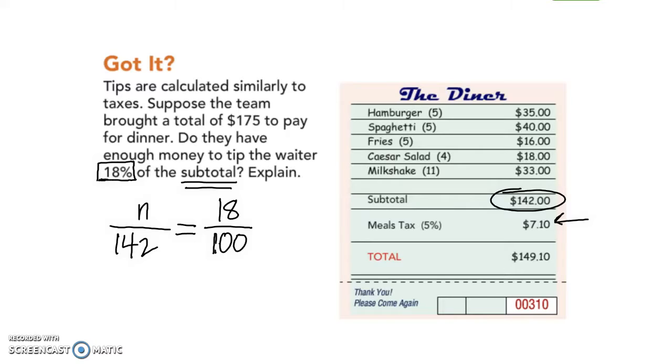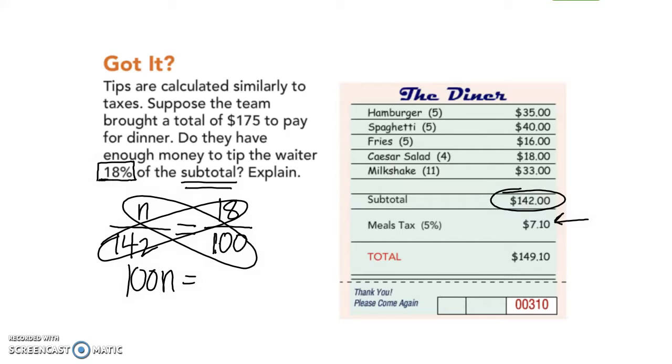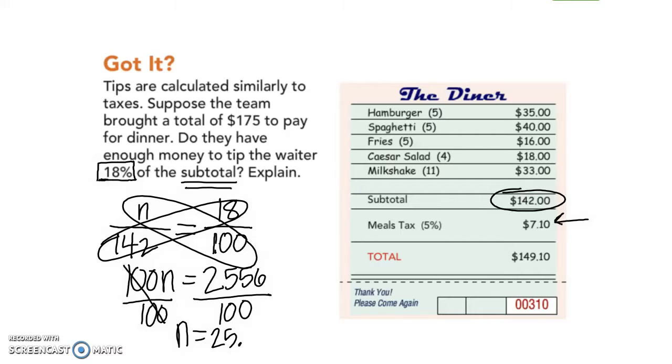Now to solve my percent proportion, remember I cross multiply. So 100 times n is 100n. 142 times 18. Punch that in the calculator. And I get 2,556. Then I divide everything by 100. And I get n equals $25.56. So I would add on the tip is